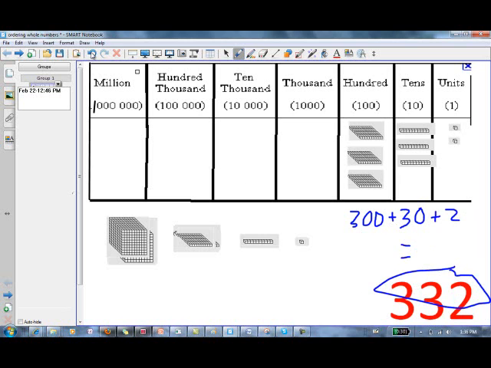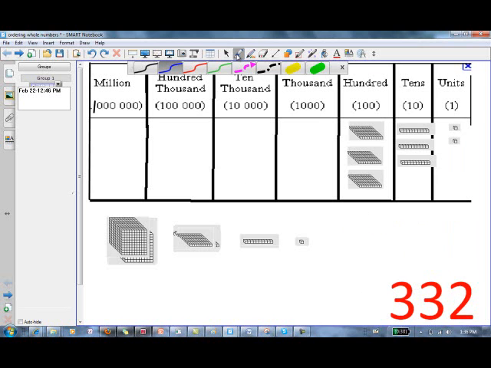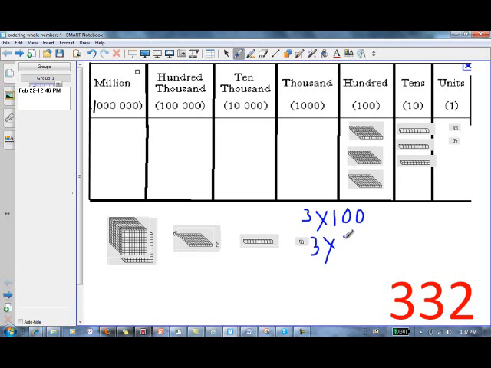To break this down even more, I'm just going to quickly undo this. We could write it in expanded form. So 3 times 100, because there are 3 hundreds in here, and then we would take 3 times 10, since there are 3